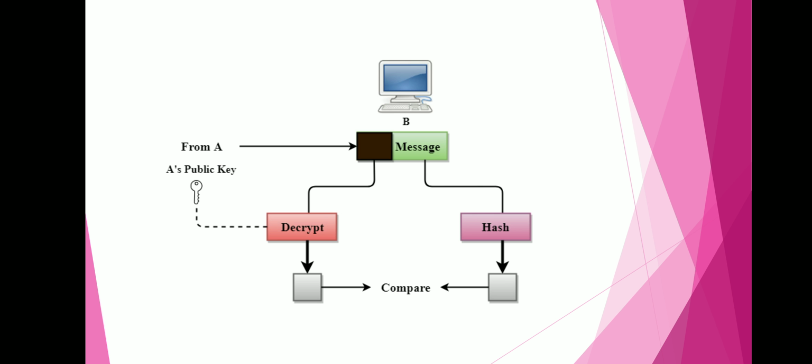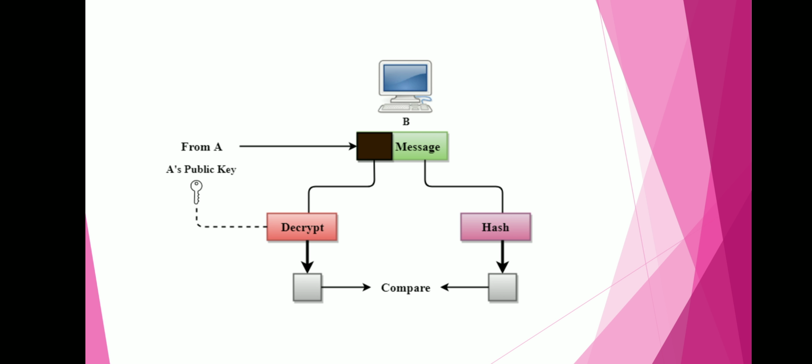Here we are going to discuss the digital signature verification algorithm. After the digital signature is sent by party A, the receiver will receive the digital signature along with the message. The message will arrive at the destination. Now B will use the public key of A, because the public key is public to everyone in the network. So B will have the public key of A. With the help of the public key of the sender, B decrypts the signature.